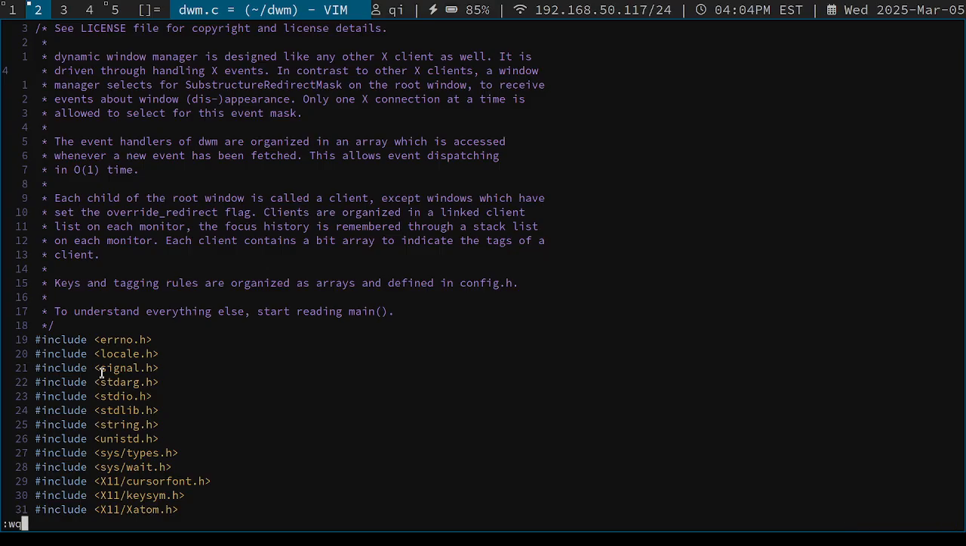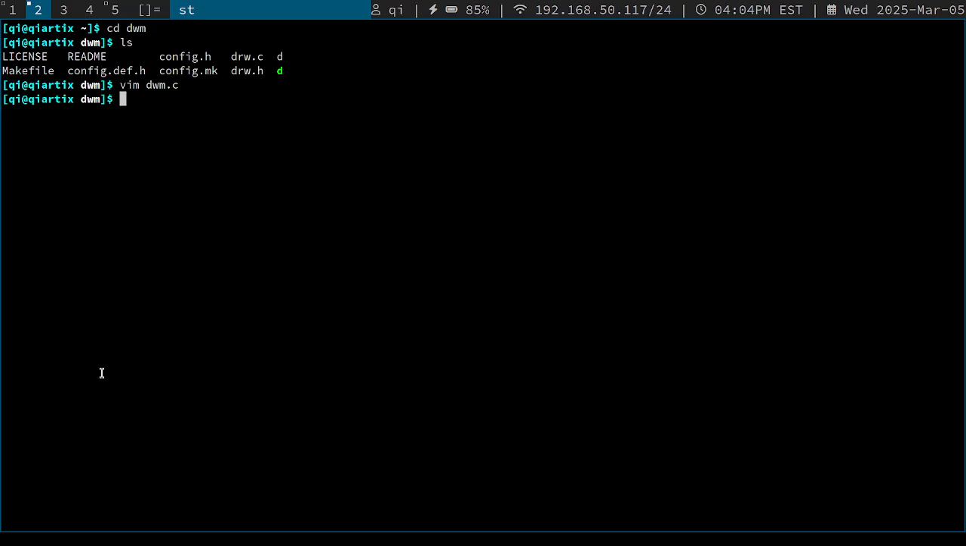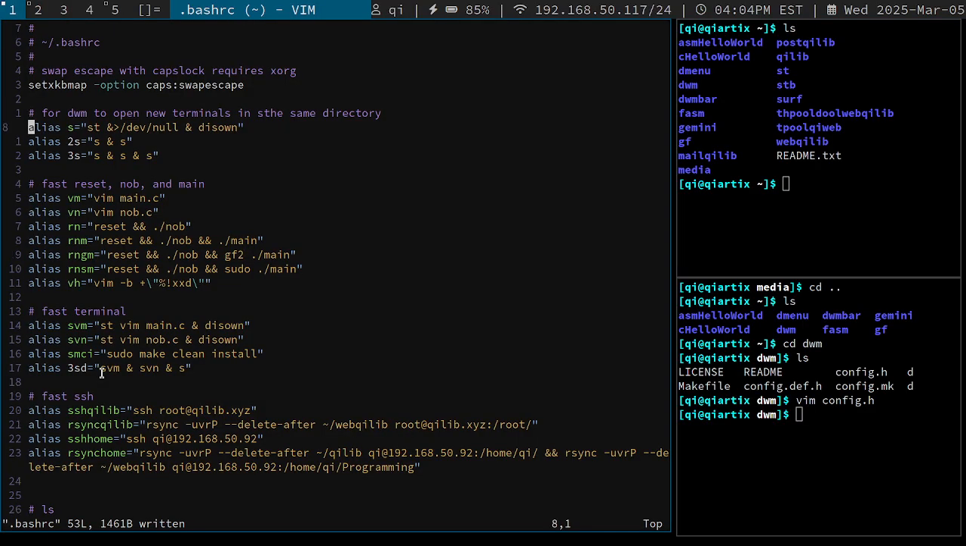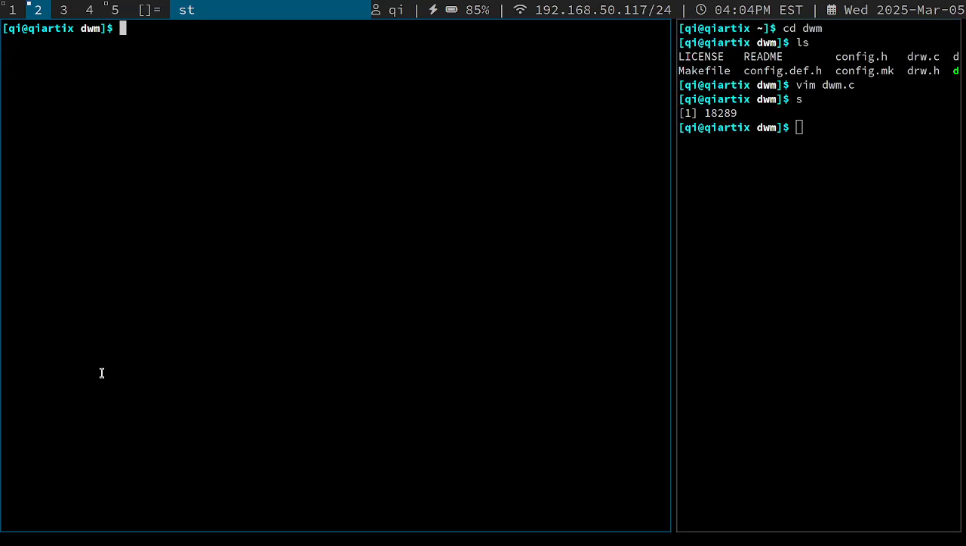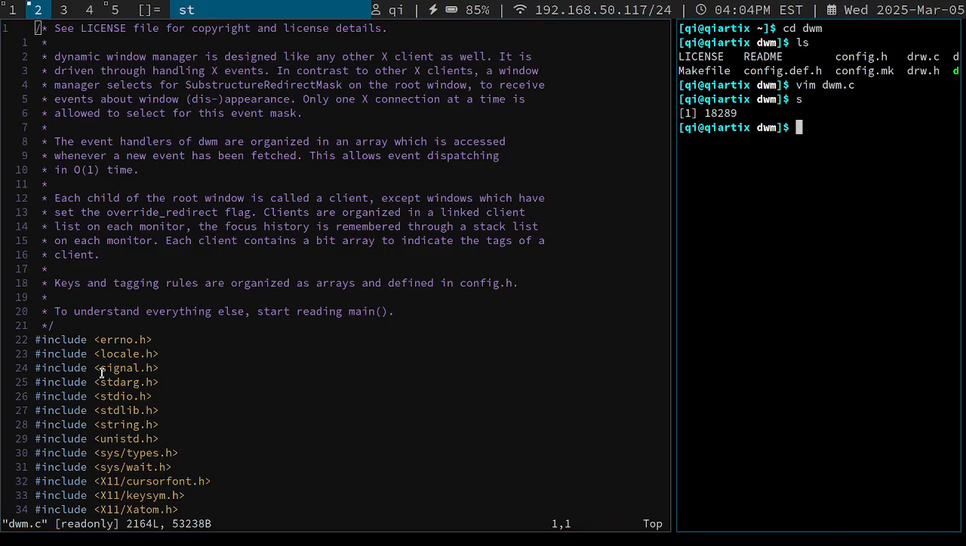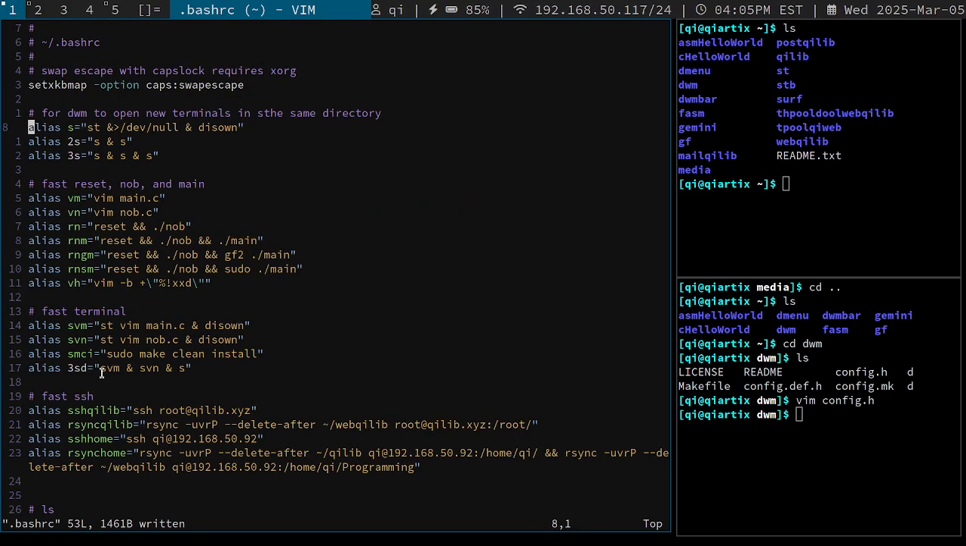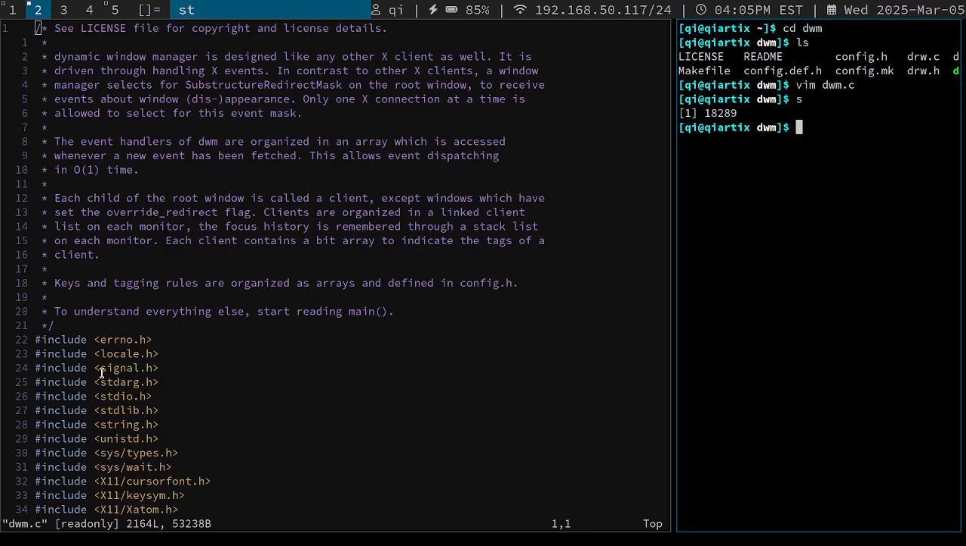So if I close that, exit here, what I can do with this macro here, I just press S, it opens it up, dwm.c. And now I have another terminal to work with. I can do whatever. It's very nice. And if I want to make two of them,